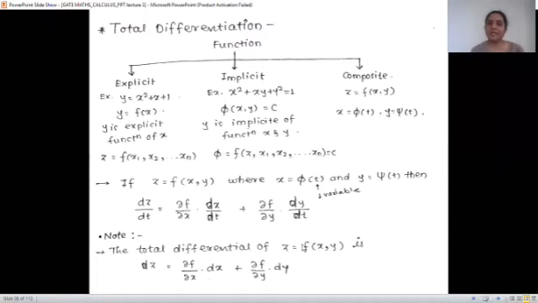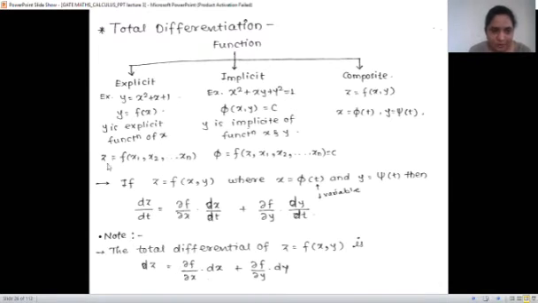And what is implicit then? An implicit function is one where we cannot express x as a function of y or y as a function of x. That is, this function remains itself phi of xy, right? Such a form is called implicit. And composite is when, in that function of xy, for x we can substitute some function of t and y is some other function of t. Then that is called a composite function. We can write another variable for that. So it is called composite.